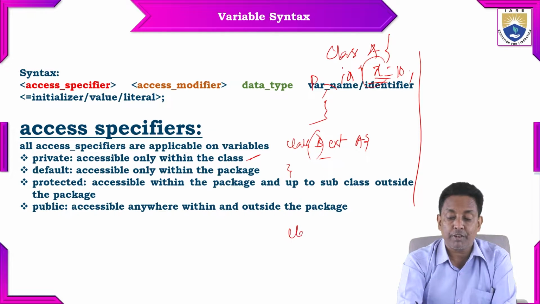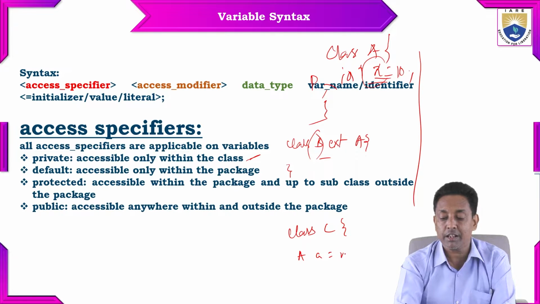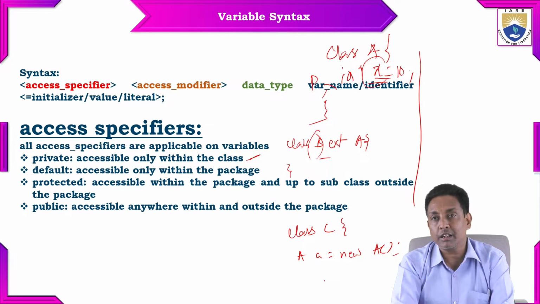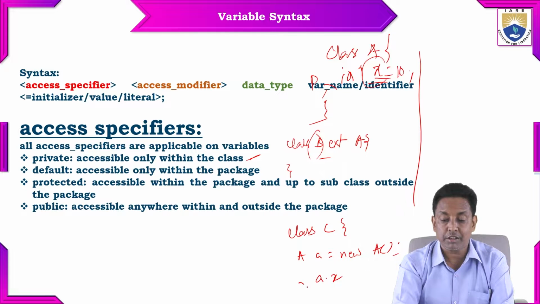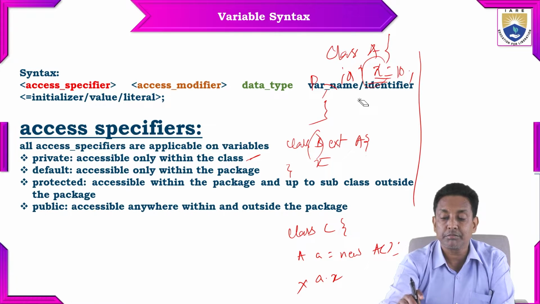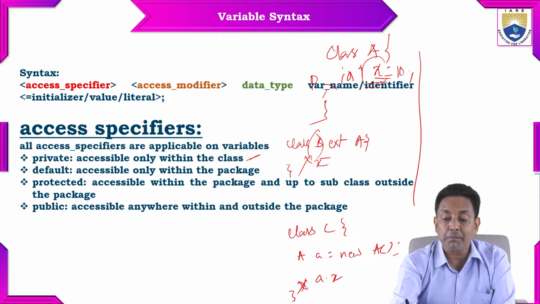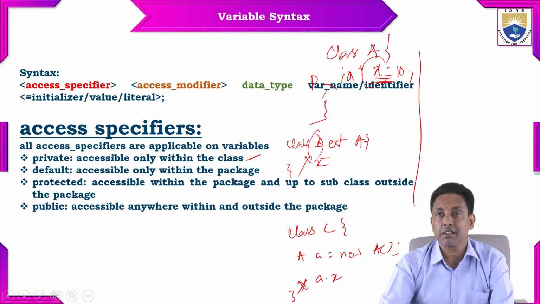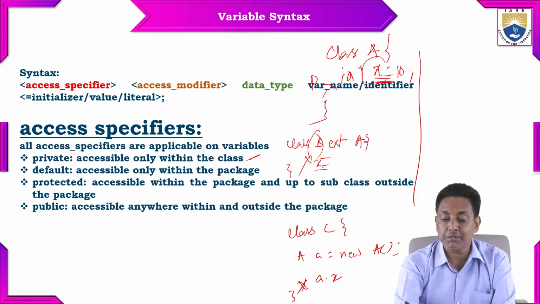And there is one more way of using a class, class C. If you create an object A a = new A(), then somewhere in a method, if you try to access a.x, here also you cannot access it. If you try to access x, here also you can't. Why? Because a private member belongs only to the class. It cannot be accessed in the subclass within the directory, or in the instantiating class